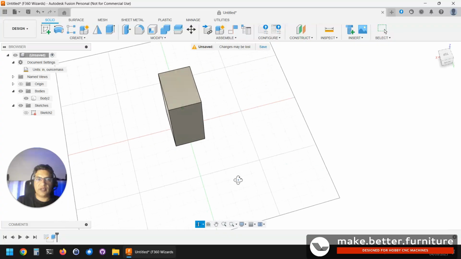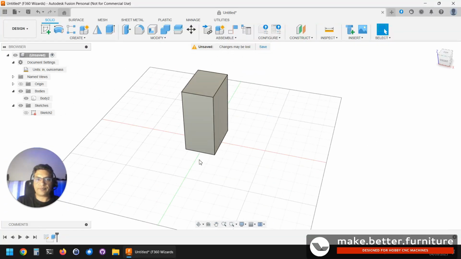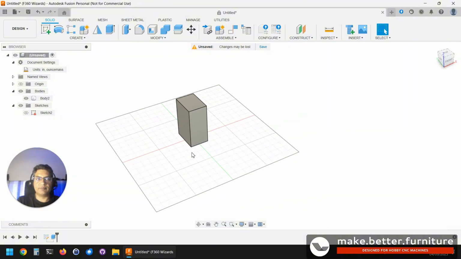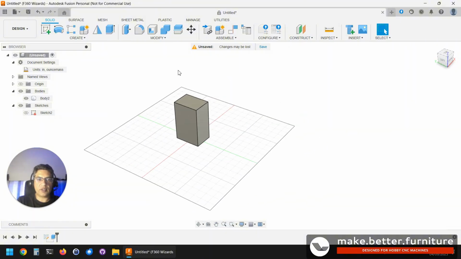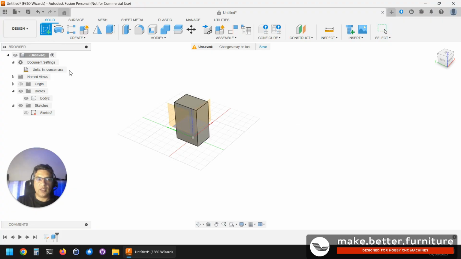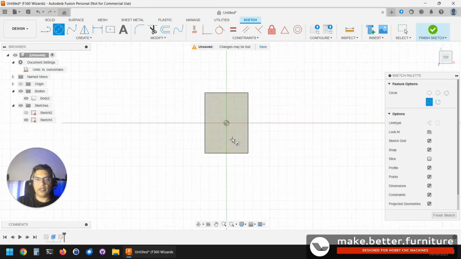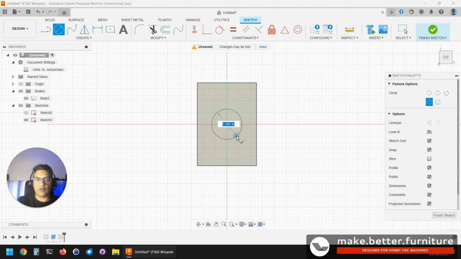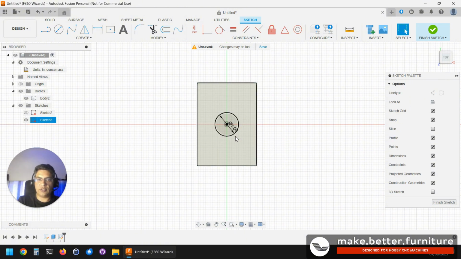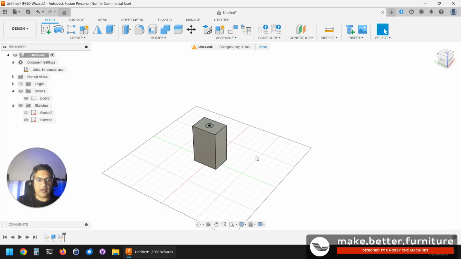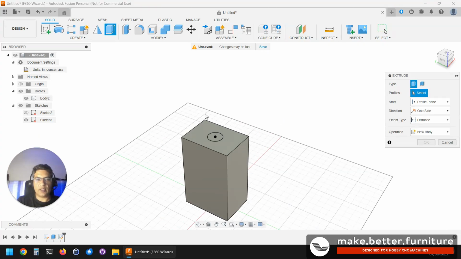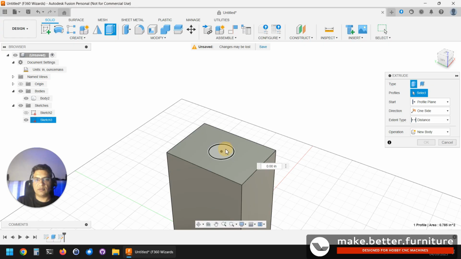So now we have this kind of a shape, and let's add more features to it. So first I will choose a sketch, and then I will choose the top surface. And on this top surface I will create a circle, a center diameter circle. We are already familiar. Let's do a 1-inch circle here. Let's finish this sketch. Then I will press E on my keyboard, and then I will select this circle